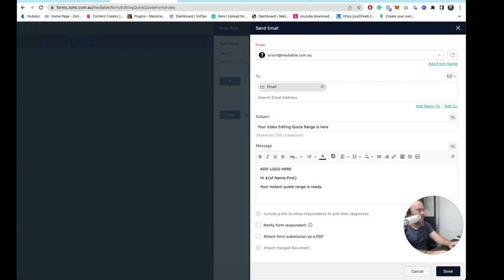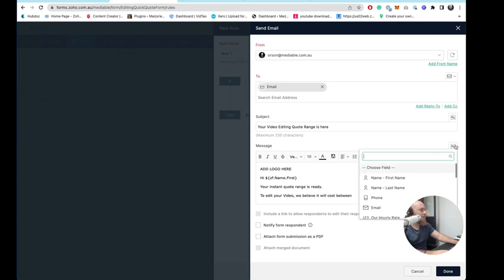And then down here, and then maybe I might just make it a little bit bigger. Sometimes it's weird with this, whatever. Anyway, the instant quote range. So we wave, and then you can say to edit your video, we believe cost between. Now, most people's fun little fact I found is if you always tell people the high range first, they're usually